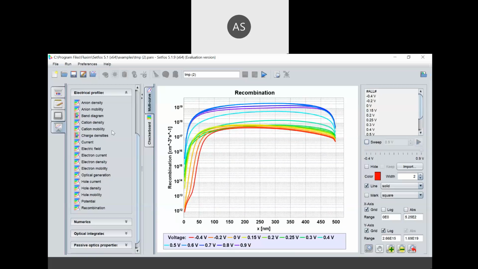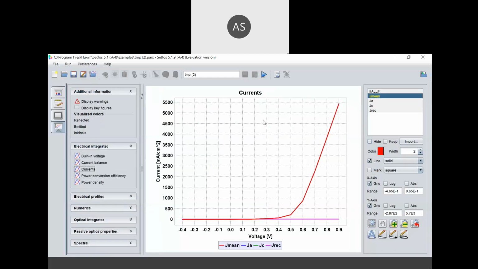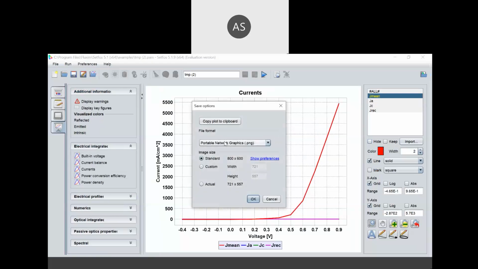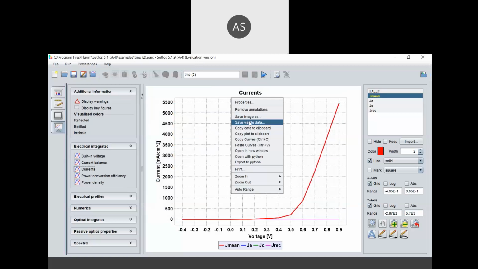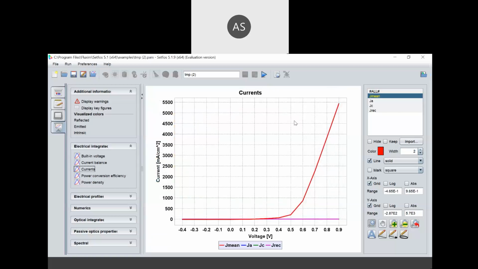Now, if you would like to extract your data, for example this IV, you can simply click save image, and you can save in PNG, JPG, PDF, or SVG format. You can save your results in any format, either in Excel format, or your output as text or other DAT format. So your data will be extracted in a standard file format. That is not an issue.